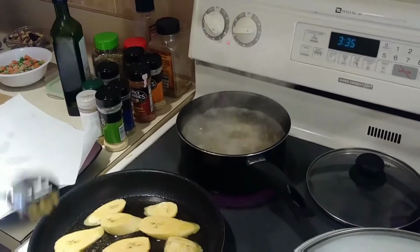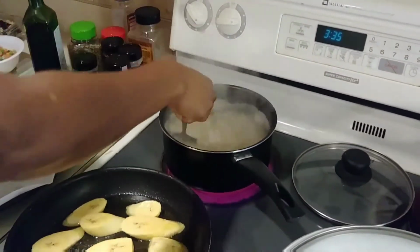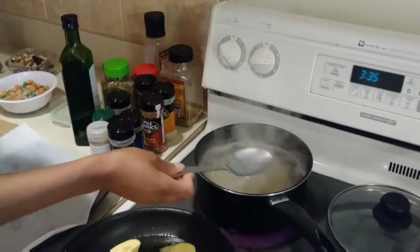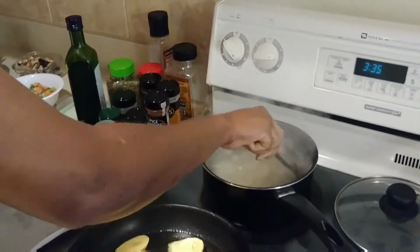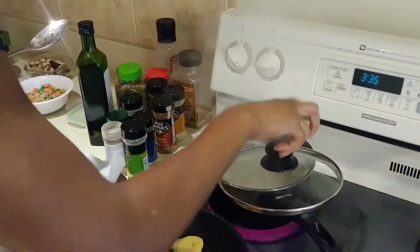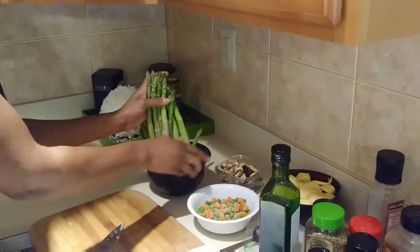While we're waiting for this to fry, we can stir our rice. Brown rice, people, brown rice. Every now and then, make sure it's stirred. You can add a little bit of avocado oil in here, but it's not necessary. Now that we're waiting for the brown rice to boil and the plantains to fry on the one side, which is going to take 5 minutes, I'm going to take my